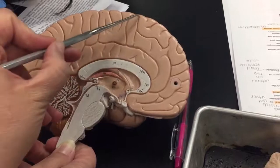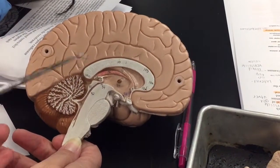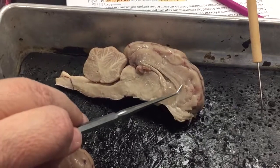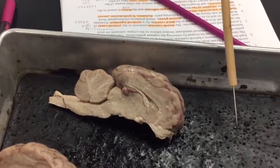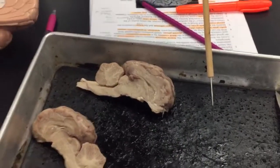And this is the cingulate gyrus. So all of these folds are called gyri, right? This one is the cingulate, the singular one that folds up over the top of the corpus callosum. So this is the cingulate gyrus, which would be right here in the sheep. And I think that's everything, but look on the list on the next page, and if we missed anything,